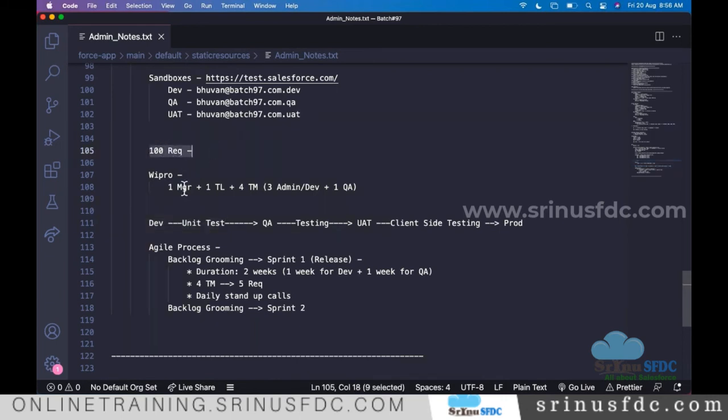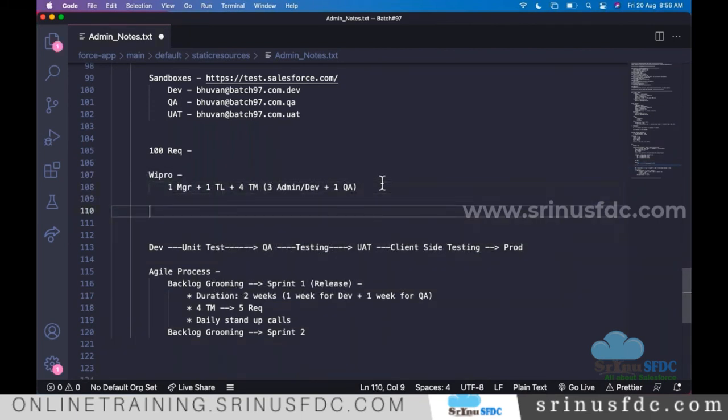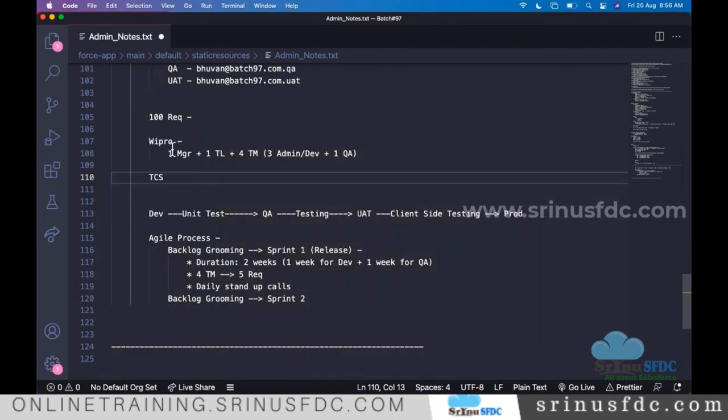Some part of the module they utilize from Wipro, and some set of requirements they give to another company, TCS. So at that time they create dev 1 for Wipro and dev 2 for TCS. Wipro employees work in dev 1, TCS employees work in dev 2, and they merge it and deploy to QA.